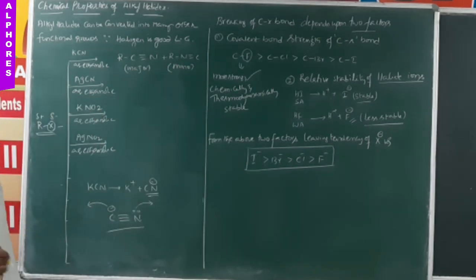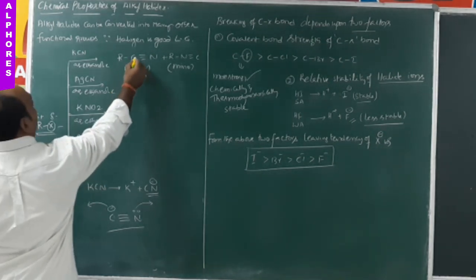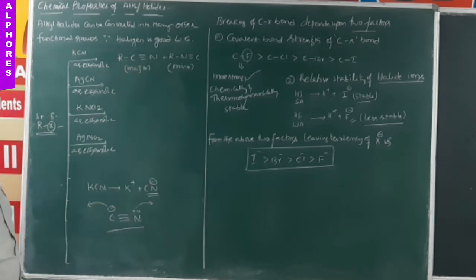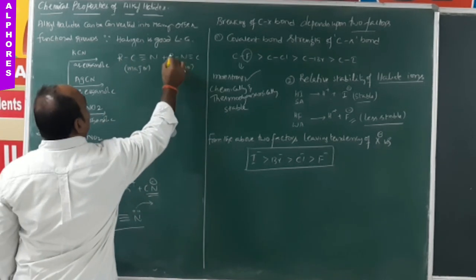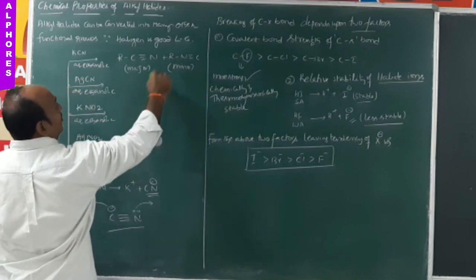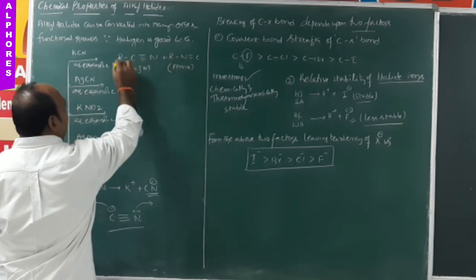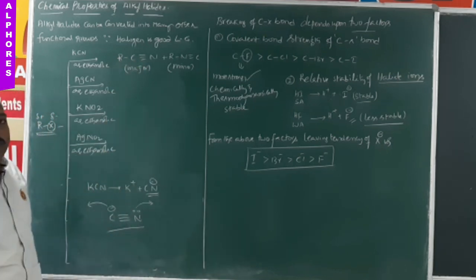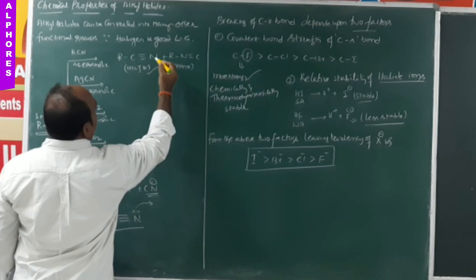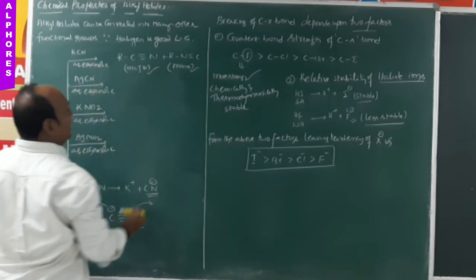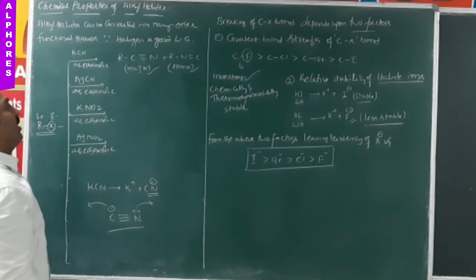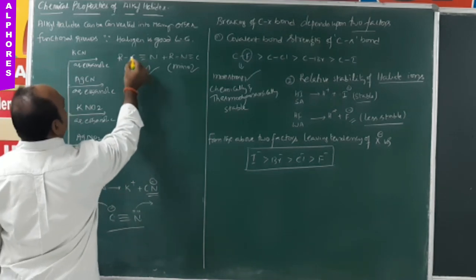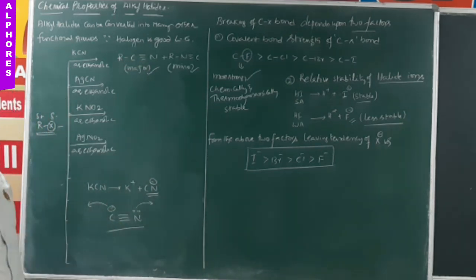Now the question is, why is cyanide major and isocyanide minor? Because the CC bond is a strong bond compared to the NC bond. In isocyanide or isonitrile, there is NC bond formation; in cyanide or nitriles, CC bond formation. Of these two, cyanide or nitrile is major, isocyanide or isonitrile is minor. Why is cyanide major here? Because the CC bond is a strong bond.